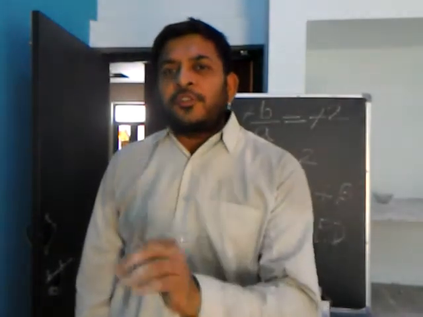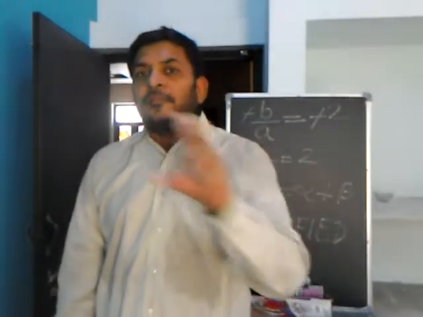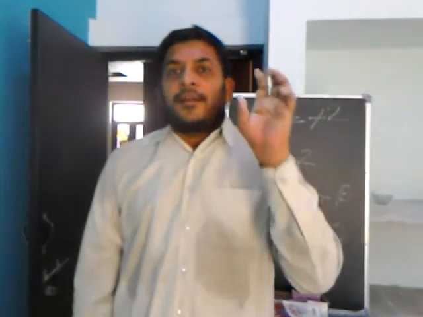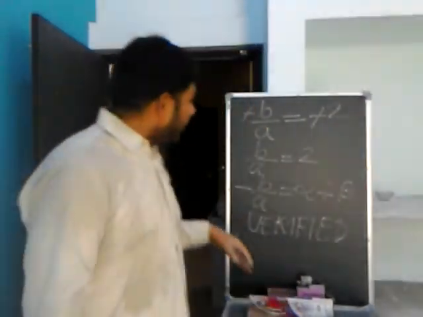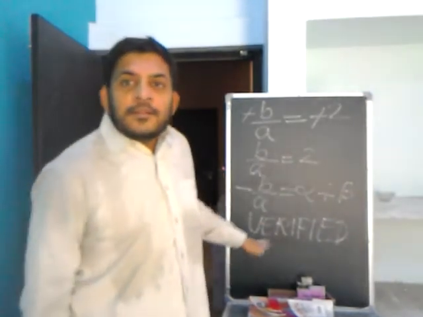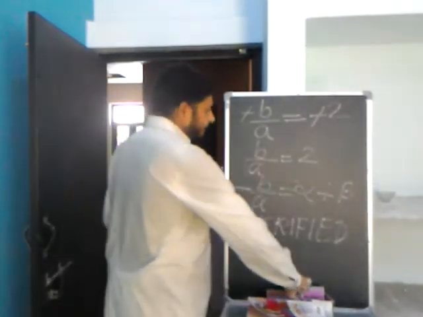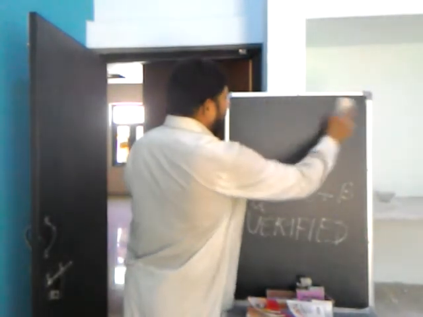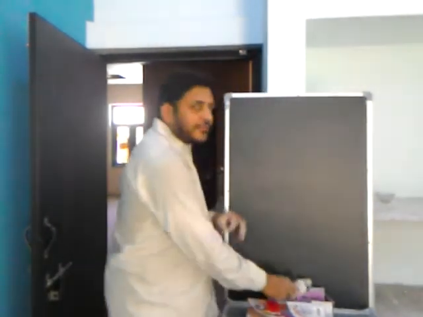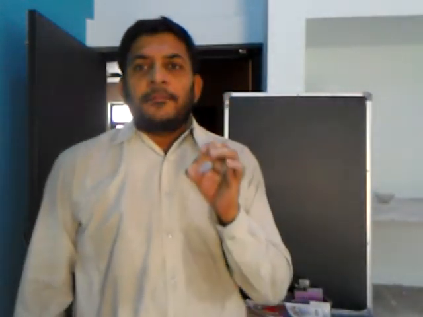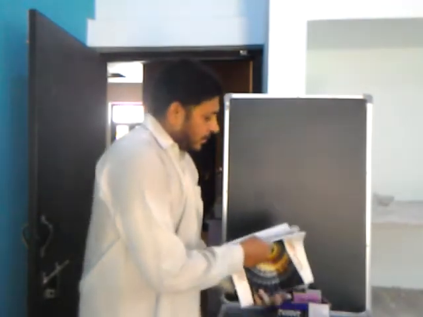If you are doing transposition, you will write transposition, then you will transpose. If you are using some formula, you will write the formula. Similarly, if you have verified something, you will write verified. Just build these things in your mind. These are the ways by which you can score full marks. See, scoring 100% or above 90% is not a big deal in mathematics.